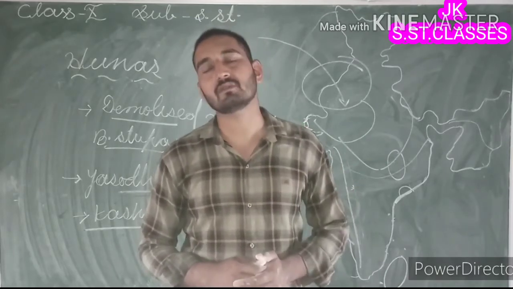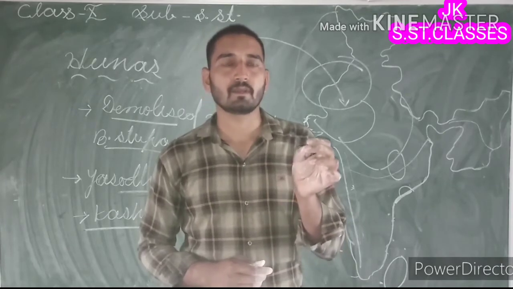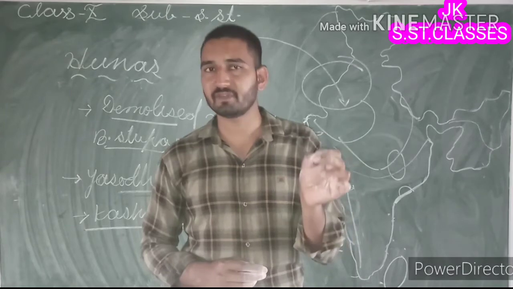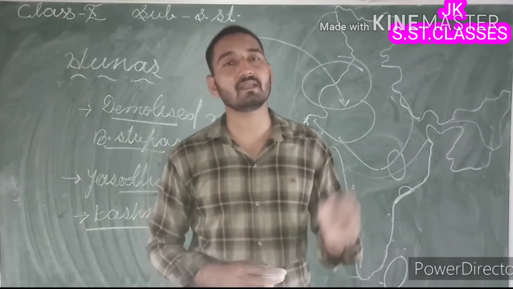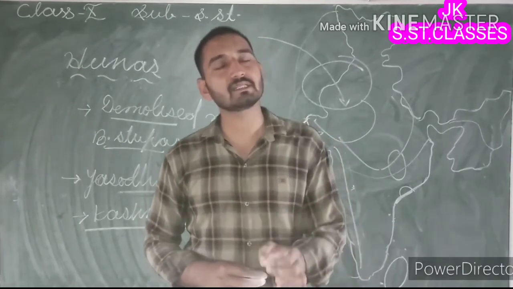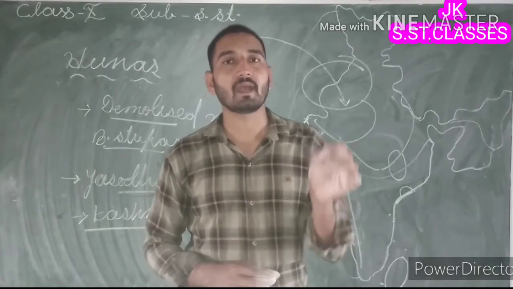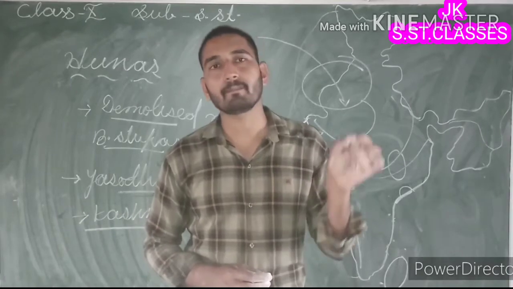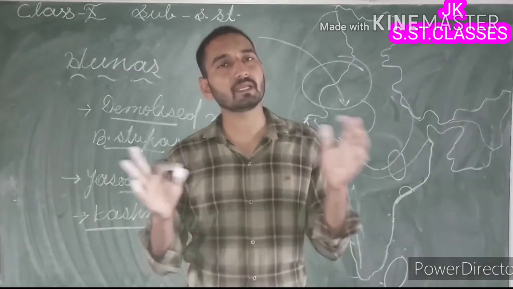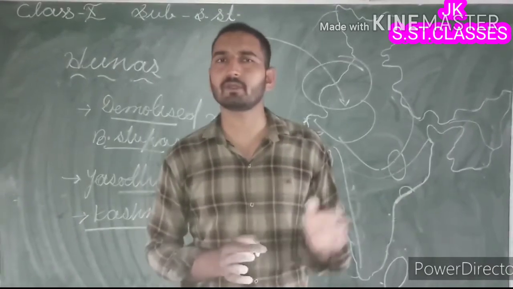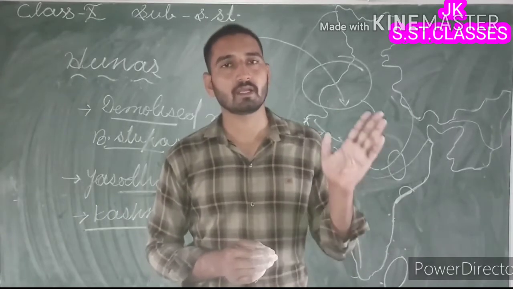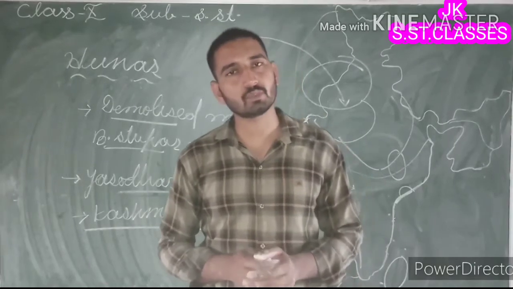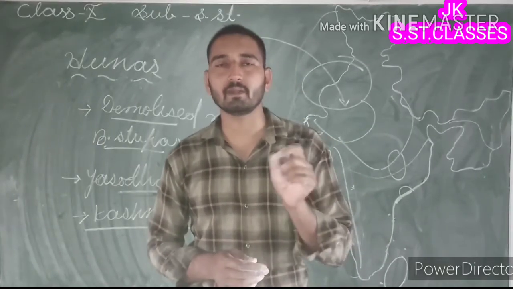Two major invasions of Hunas took place on India. In the first, in 458, they were defeated, but in the second invasion, under the leadership of Tormana, they succeeded. In this way, the last Gupta ruler was defeated by Tormana, and the political unity which was established by Guptas in India came to an end. Is that clear? After Tormana, Mihirkula was the next ruler, who became ruler in 510 Common Era.